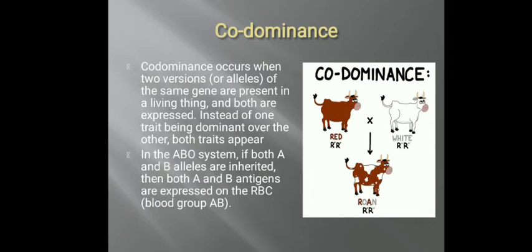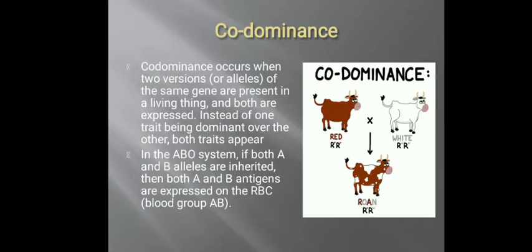Okay, similarly another deviation from Mendel's law is codominance. Codominance is basically the dominance of both the alleles. What Mendel said was that in heterozygous condition, when there are 2 different types of alleles, one allele will be dominant and another will be recessive. But in many cases we see that both the alleles are expressing. So both are dominant and both are expressing. That is called codominance.